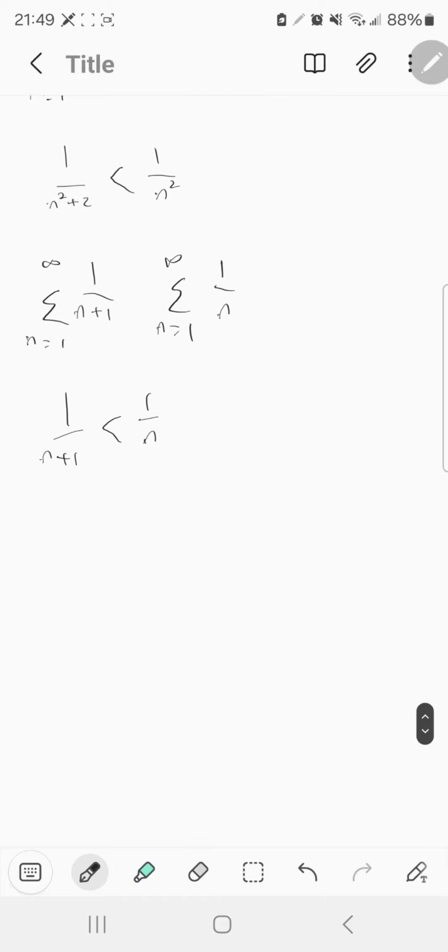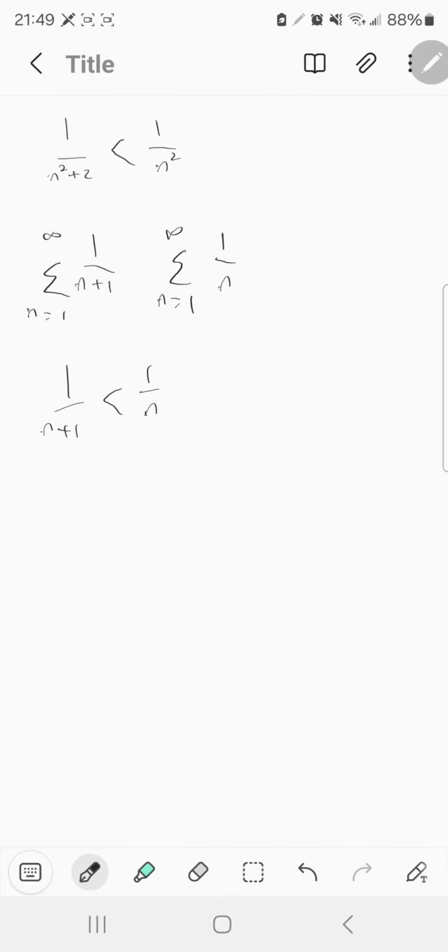So what we're going to have to do is something called the limit comparison test. For the limit comparison test, we take the limit of a sub n over b sub n as n approaches infinity. And if this limit is equal to, let's say L, which is between 0 and infinity, they will both behave the same. So, for example, this diverges, so what we're going to do is a sub n is 1 over n plus 1,